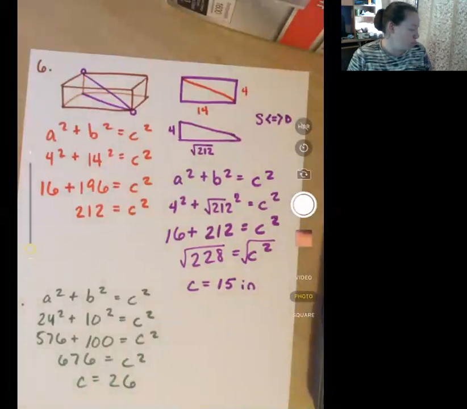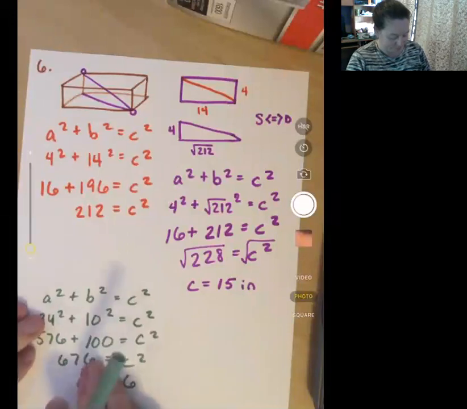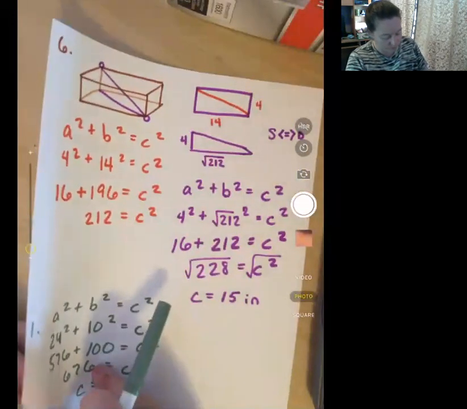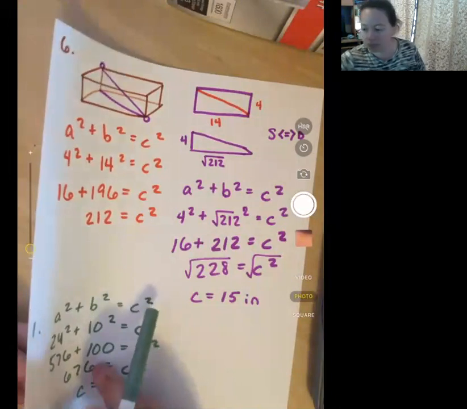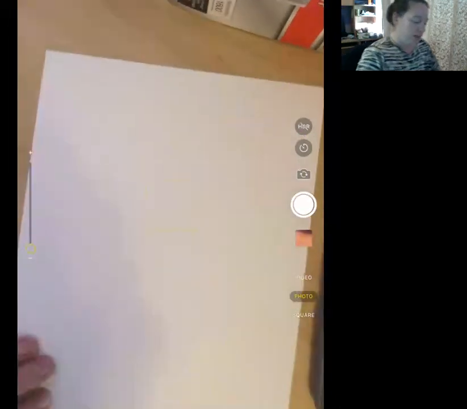Number 2, Mr. Wu wants to ship a fishing rod that is 42 inches long to his son. He has a box with the dimensions shown. Find the square of the length of the diagonal across the bottom of the box. Find the length from a bottom corner to the opposite top corner to the nearest tenth, and will the fishing rod fit? Okay, new sheet of paper. Number 2,